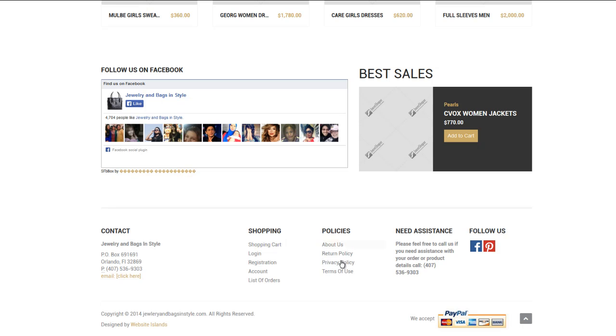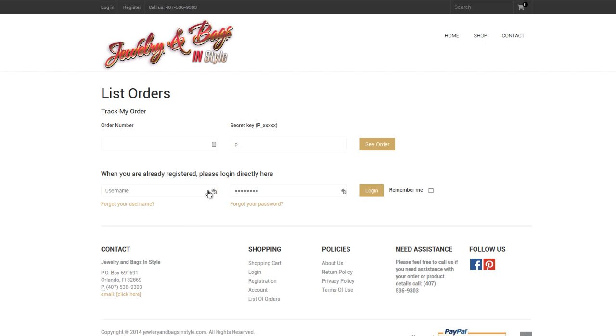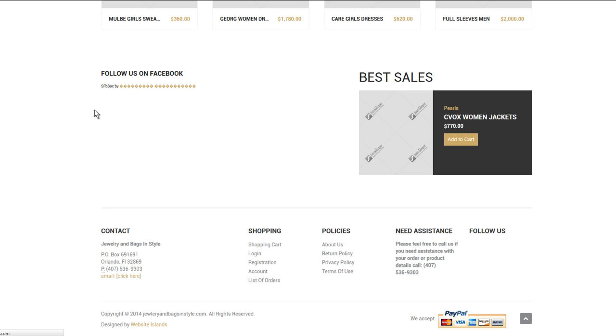I created a terms of use. I think you already had a privacy policy, so I just used the one that you have. You had a return policy, you had an about us. These are the shopping buttons: registration account, past orders, and those should all link into the correct thing, but they have to log in and have an account for any of those buttons to really work. Okay, so going back to the home page,